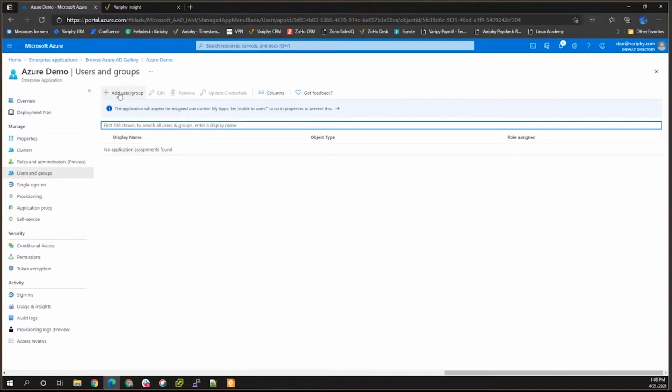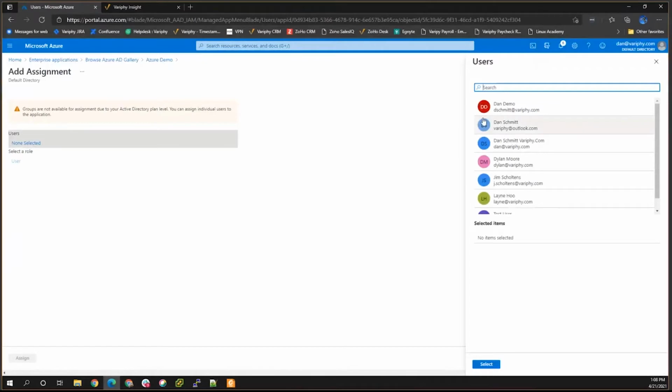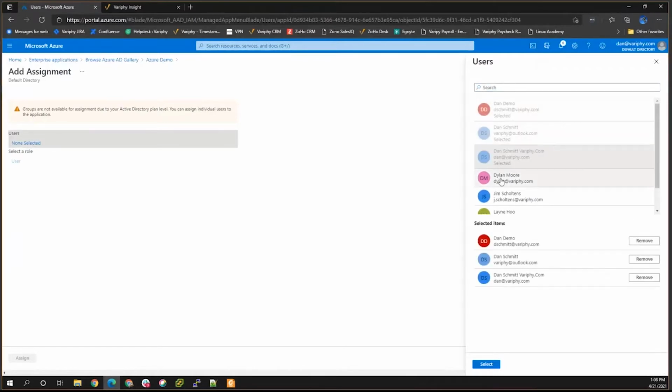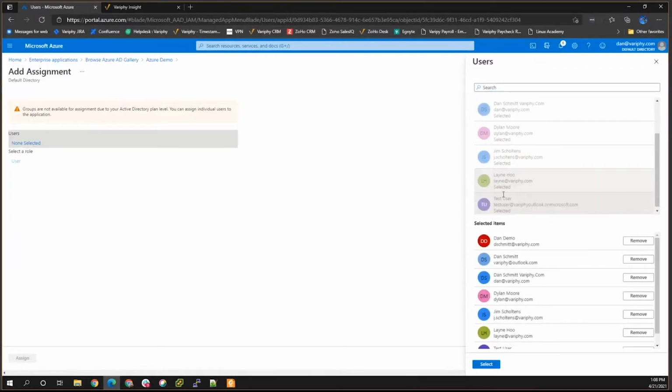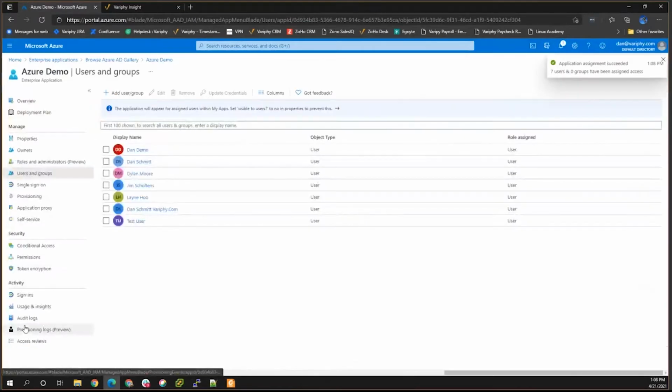Okay, so we're going to click Add Users or Groups. In a normal running instance of Azure, you'd be able to assign the groups capability. We are running a free version of Azure, so that limits us to only named users. So I'm just going to select all of my named users here real quick. And we're going to select all those and assign them to this application. Okay. So step one of this process is completed. Okay. We're going to go back to